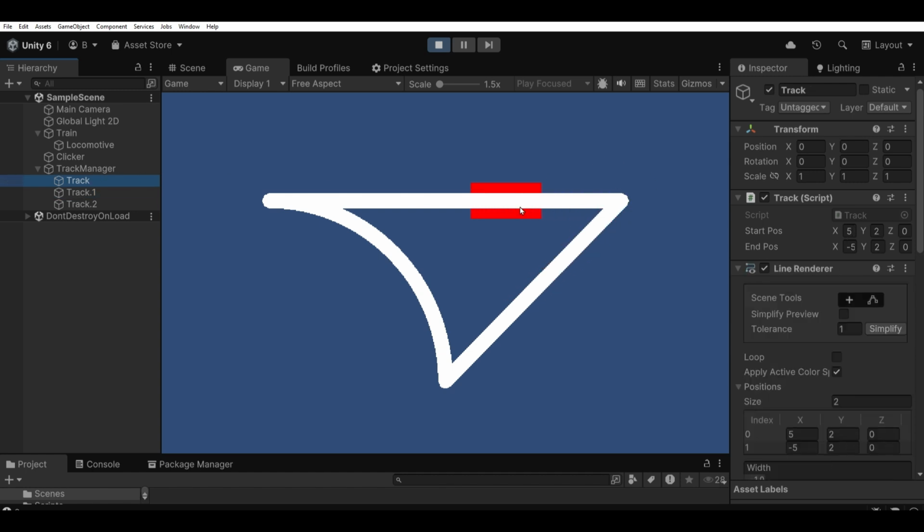It uses three different track parts in here. One, this straight line, then a curve, and then another straight line. And it just checks if the end position of, for example, this line matches the start position of any of the other lines, which this one doesn't, but for this one, it does match the start position. Then it automatically connects them, and that way I can really easily add more lines, and the train will automatically